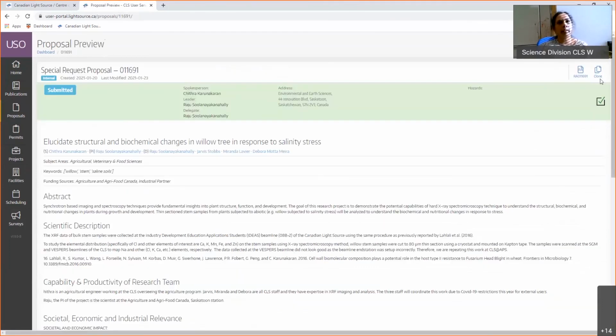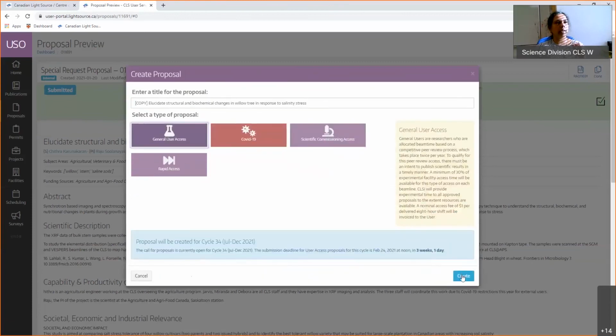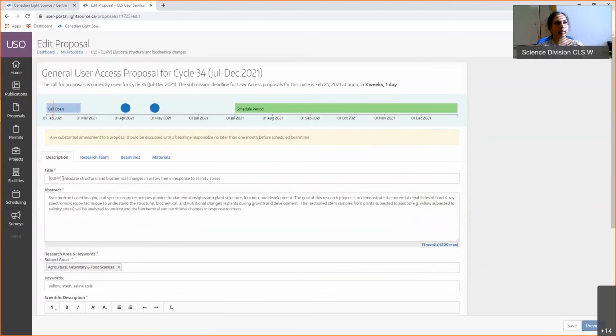What you can do is, this was in the system. I want to clone it and improve my score by looking through the peer review comments. So I can go and clone it. I clone it and create it, and I can edit it. Okay, so I can change it. I can continue to edit it and save it and then submit it. So either you can do a new one, or if there is an existing proposal, you can copy it and submit it again. Okay.